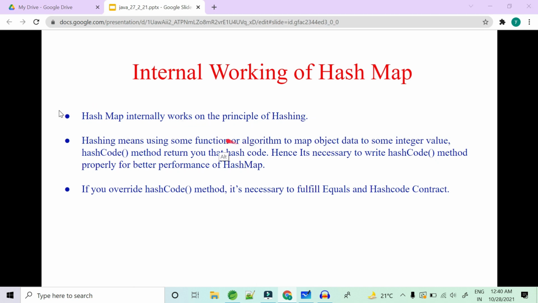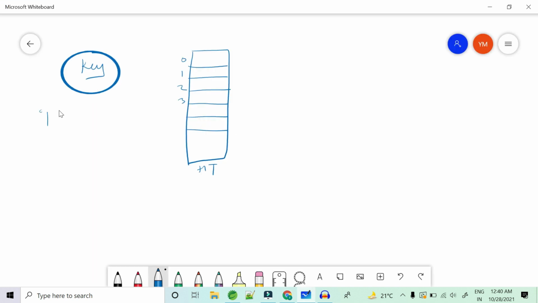So suppose I give you a function as % 10. So this is called your function or your algorithm. We're going to calculate the hash code using the key % 10. So if I give you a key as 5, % 10 will give you 5, and hence your particular key value pair or the entry object is going to be stored at this 5th position.